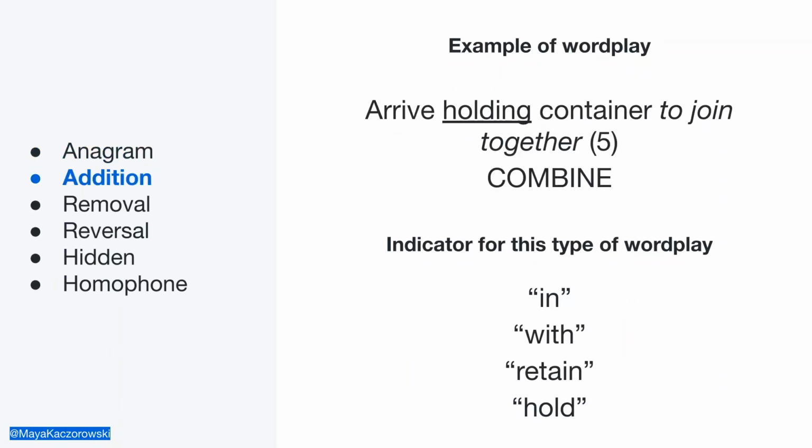An addition is when a clue tells you to put several words together, including inserting a word or letter into another word. When I say letter, it's because things like love might mean the letter O, referring to the score of 0 in tennis, or Roman numerals, or common abbreviations like R or D for Republican and Democrat.